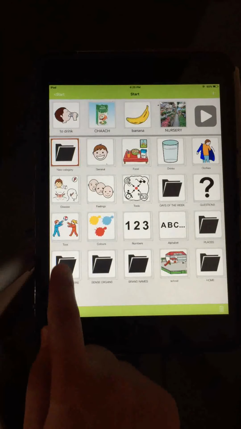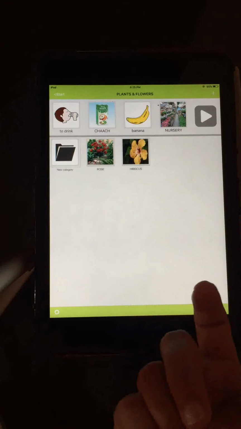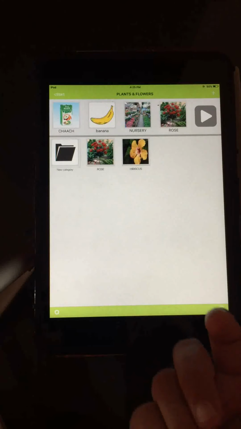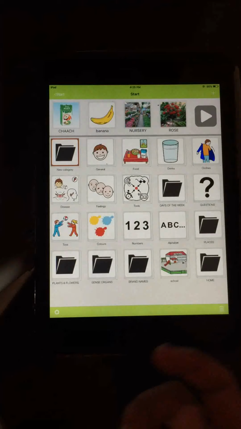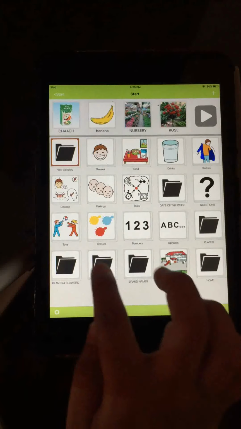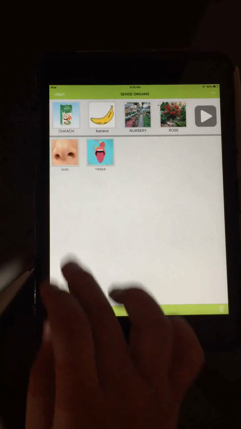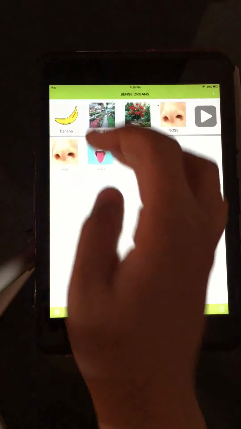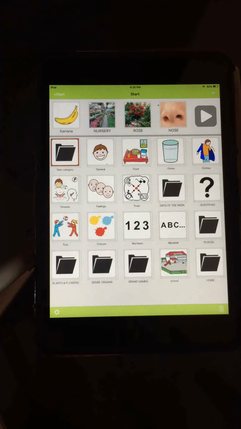What did you buy there? Plants and flowers. Which plant? Rose. Rose plant. How does it smell? Does it smell good? Yes. How do you smell anything? I smell it with my, then you have a folder here for sense organs. I smell it with my Nose. This way you can keep picking up various topics, discuss with the child, talk to him, keep building up